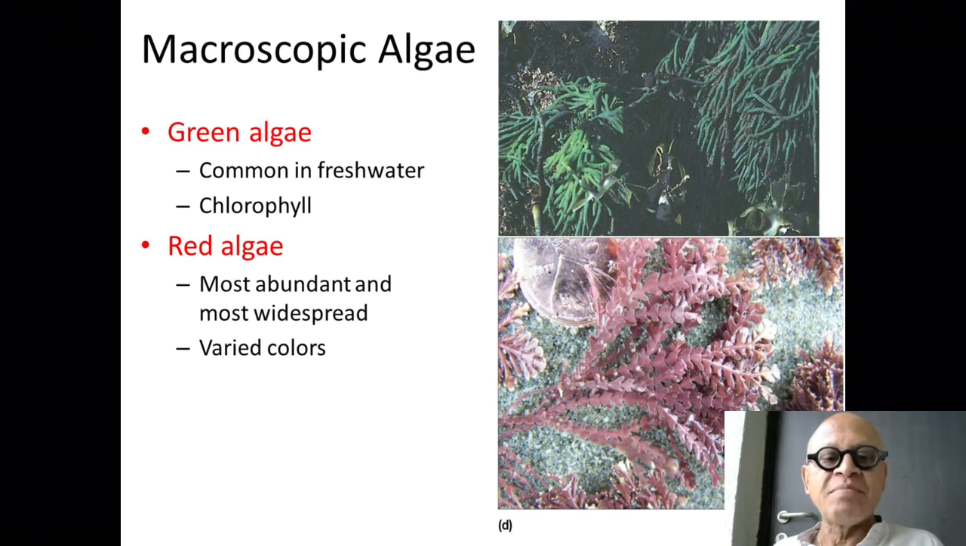Red algae are abundant and widespread in the ocean. They are the most abundant of the marine macroscopic algae. Even though they are broadly referred to as red algae, they have varying colors, different colors. Like you can see here, it's not necessarily red. Nonetheless,